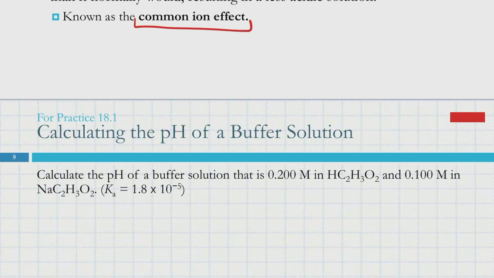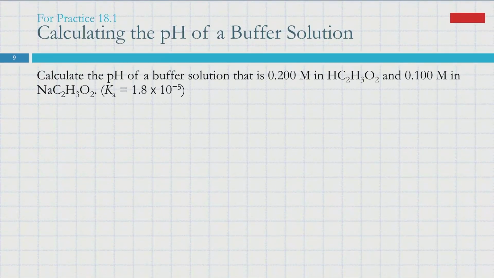All right, let's calculate the pH of a buffer solution, that is, these concentrations. So we've got acetic acid and sodium acetate. We've got a Ka value. It'll be helpful for us to have an equilibrium reaction expression. So we've got acetic acid in equilibrium with H plus